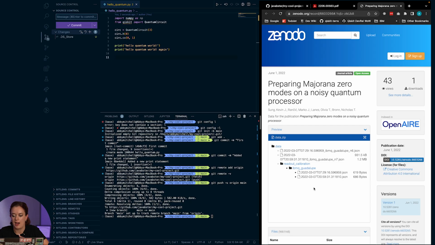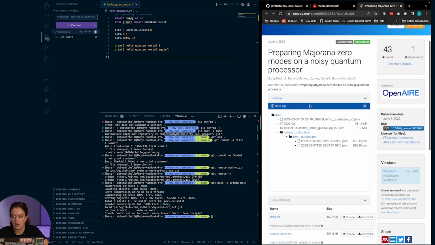Another thing that I want to give a quick shout out to, it's not GitHub focused, but another important aspect of open sourcing your code is also open sourcing any data that you produced as a result of the code that you've run. One way of doing this that is quite popular amongst our IBM researchers is to open source your data through a platform called Zenodo. And this is just an example of how you can do that.